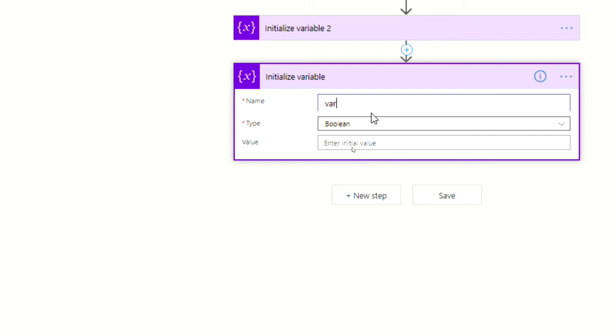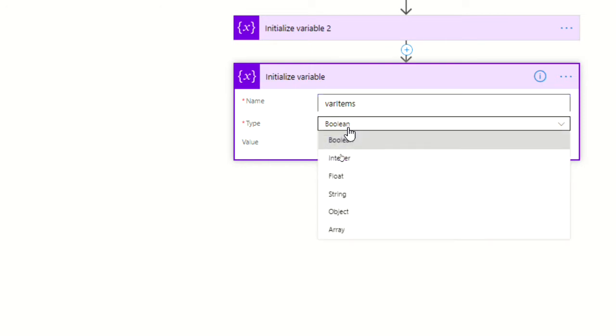But the reason I use that is because it represents a variant. I don't know how big this object is going to be. I don't know what it's going to be made up of at this stage. So this is a variant that says I'm going to set aside, but I don't know what it's going to contain. So I'm going to start this up as var items. I use plural because it's going to be a collection of multiple objects, but I need to specify this as